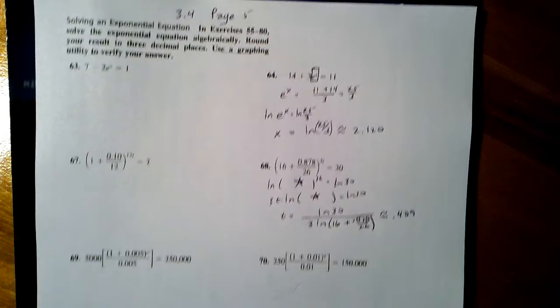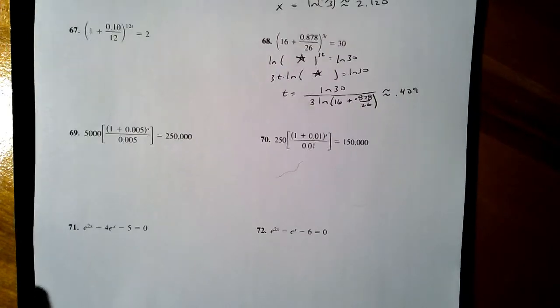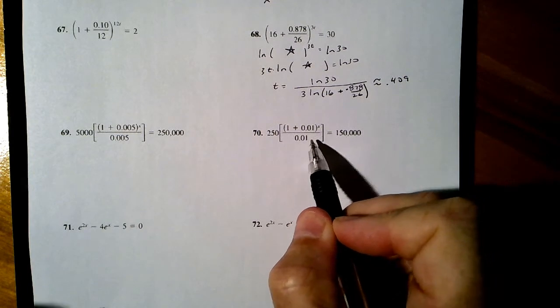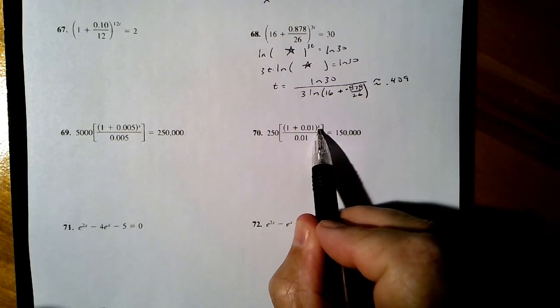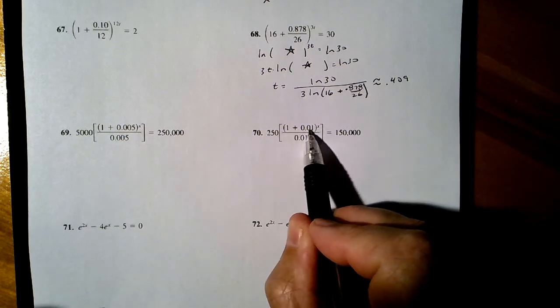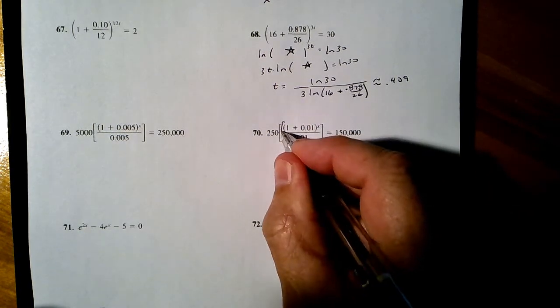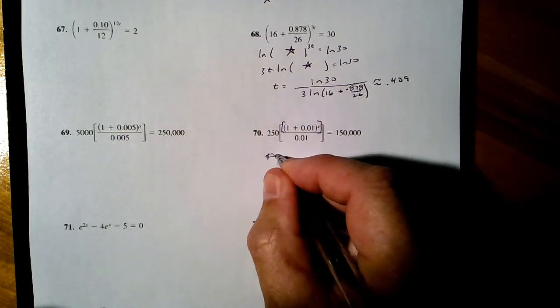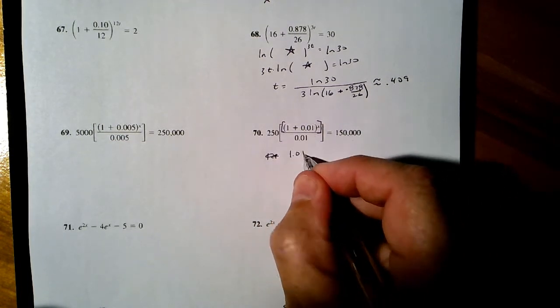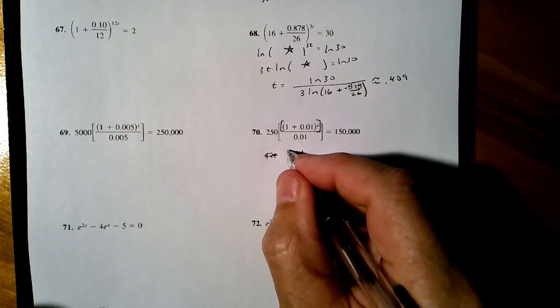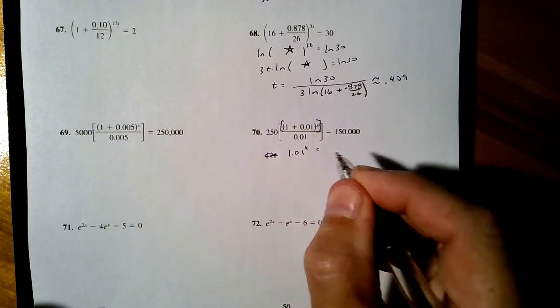All right, number 70. Try to keep this one in focus for you the whole time. Now, take a look. The only thing raised to the x is this. This is the base. This is my troublemaker. I want to get it alone. So I want to get 1 plus, in fact, I'm just going to make that 1.01, because 1 plus 0.01 is 1.01 to the x equals